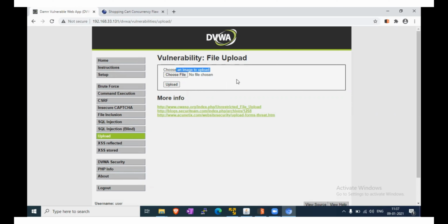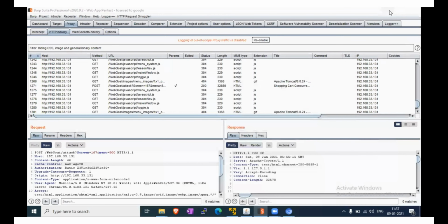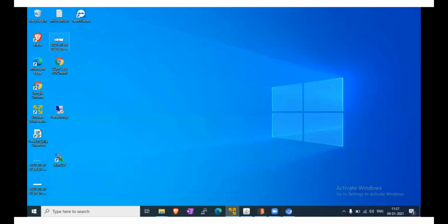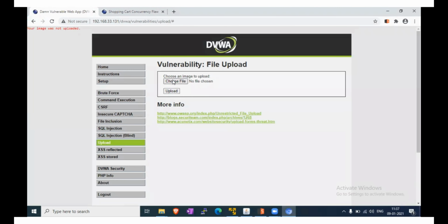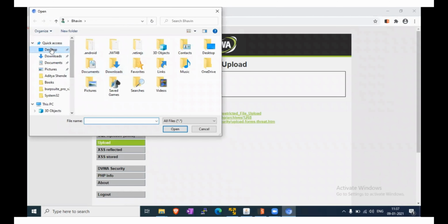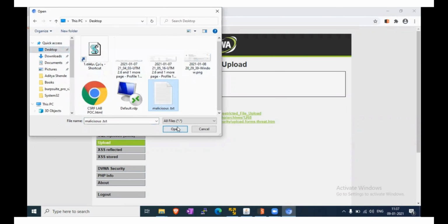Here we are able to upload images only. First we will create any other file. We will try with this. Check the upload file, desktop, and the malicious txt file.